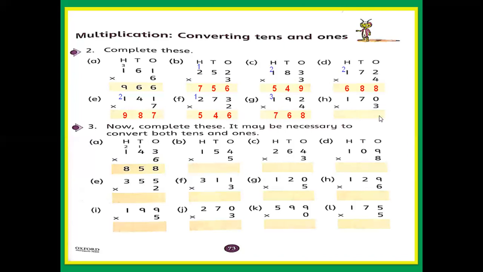170 multiply 3. What I told you, I told you that when we multiply any number with 0, the answer will be 0. So 3 zeros are 0. 3 sevens are, read the table of 3. 3 ones are 3, 3 twos are 6, 3 threes are 9, 3 fours are 12, 3 fives are 15, 3 sixes are 18, 3 sevens are 21. So write 1 here, the first digit you will write, and the second will go to add into next. Here 2. So 3 ones are 3 plus 2, 5.